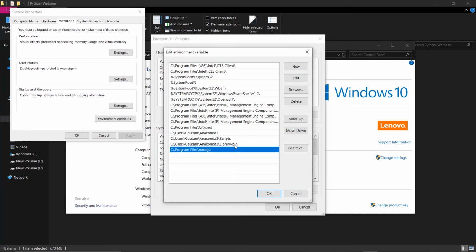I'm setting the bin path. So these three paths are required for setting up the environment variables if you're using Anaconda3. If you're using Python, then you need to set the Python path only. I believe you will not require the scripts and bin if you're using Python, but if you're having some error, then set the scripts and bin.